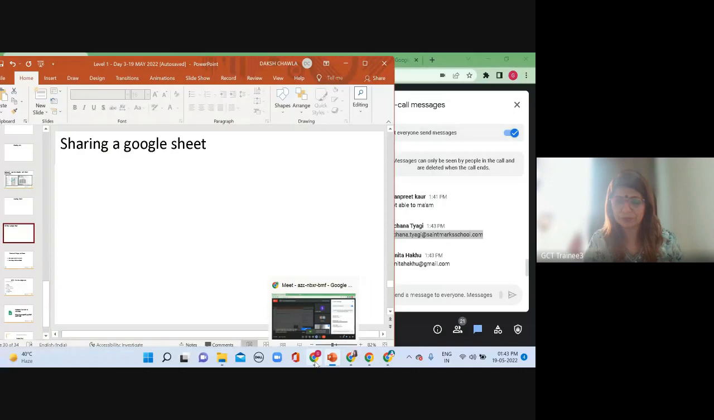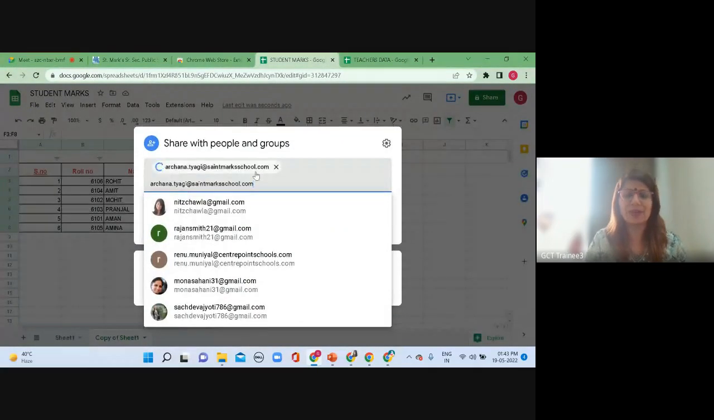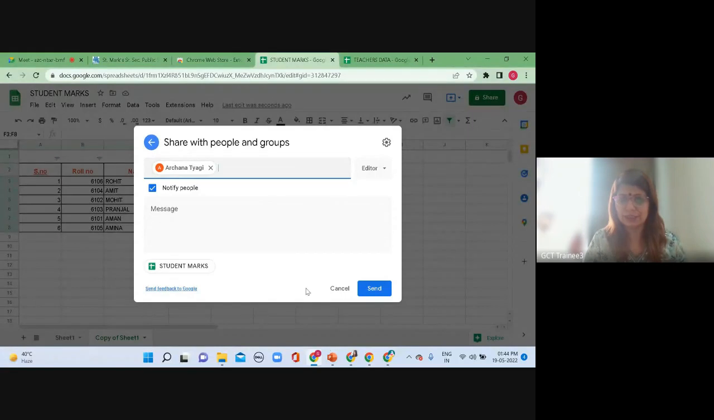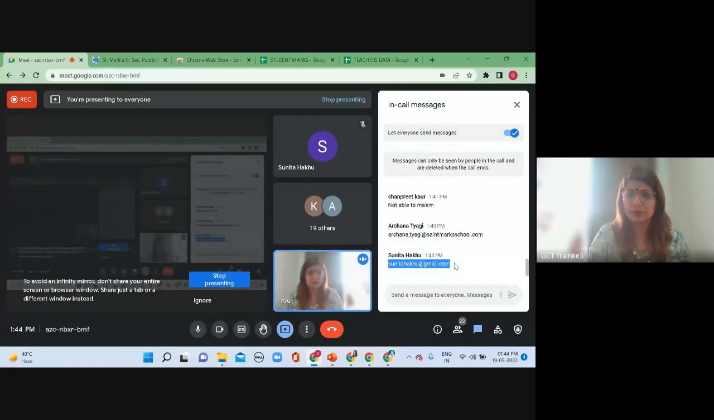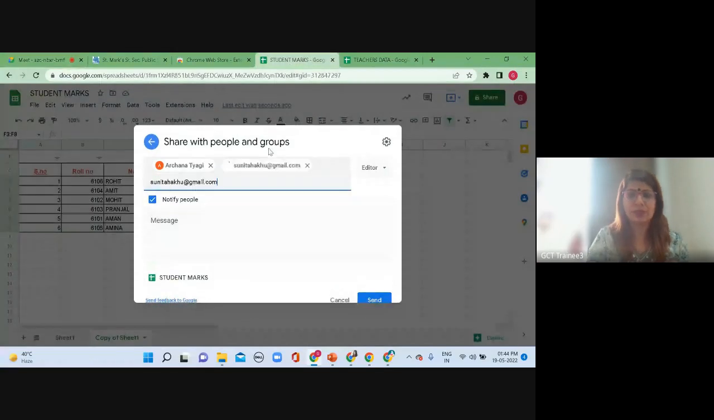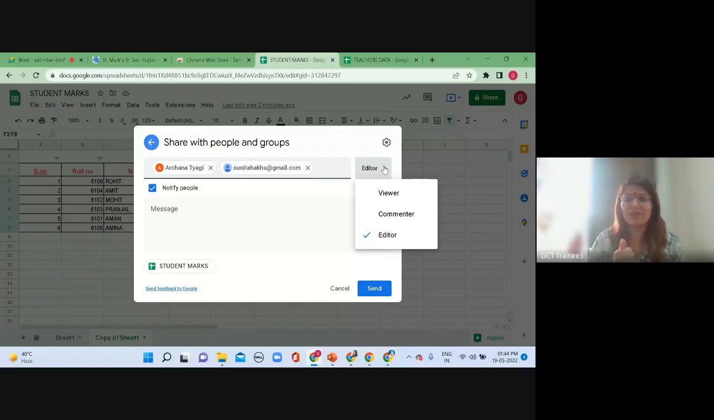So here I have added Miss Archana Tyagi's email ID. Now let's have Miss Sunita Hakus. Now, this time I'm just sharing this student marks sheet with the two people with their Gmail ID. Here also I can make them an editor or a commenter. So let's do the editor first and then the commenter. So let me send it,